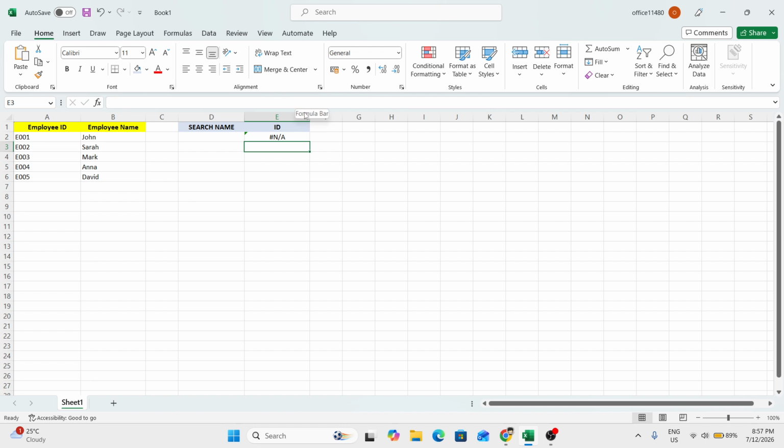Now let's quickly break down how the formula works so it feels less intimidating. D2 is the value Excel is trying to find. In this example, that's the employee name. The CHOOSE part creates a temporary 2-column table. It places the names from B2 to B4 as the first column and the IDs from A2 to A4 as